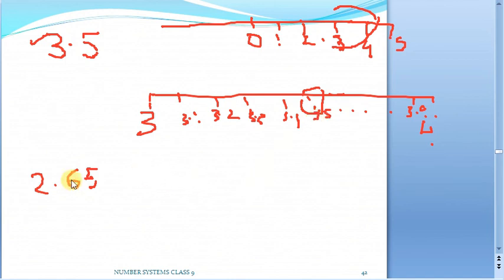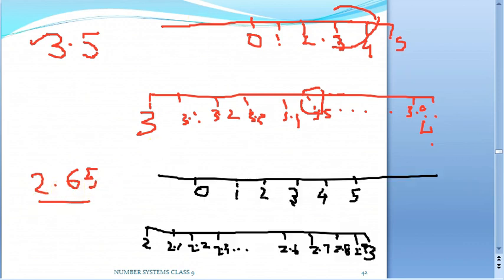So let us take one more example. That example is 2.65. This 2.65, always first look at the integer here. It is 2 point something. So for sure it is going to lie between 2 and 3. Why? Because it has crossed 2 and it has not yet crossed 3. So my number will be somewhere in this region. Now what I have to do? I have to zoom in this particular region. So I have to take this part 2 at one end and 3 at the other end. So as we have done in the earlier case, we will divide it into 10 regions.